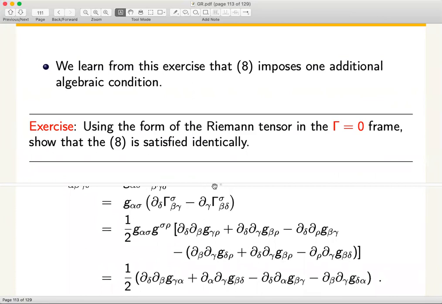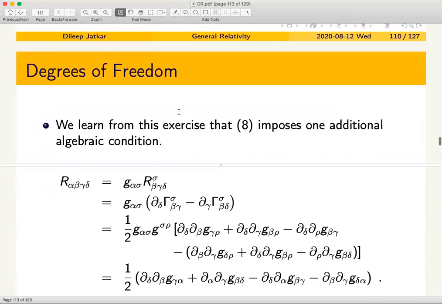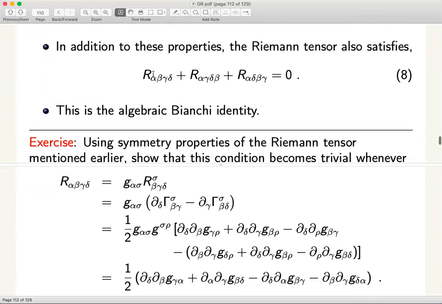So I won't show the Riemann tensor thing. Maybe I can just pull it up further. Okay, so we have this expression. So what you do is you look at this algebraic Bianchi identity, this piece, and work in the gamma equals 0 frame. All you have to do is to show that this statement is identically true. So substitute R alpha beta gamma delta to be this. Then alpha gamma delta beta, you swap indices correctly, plug in this again, and check that term by term, all these pieces will cancel out. So you are really trying to show a 0 is equal to 0 expression.